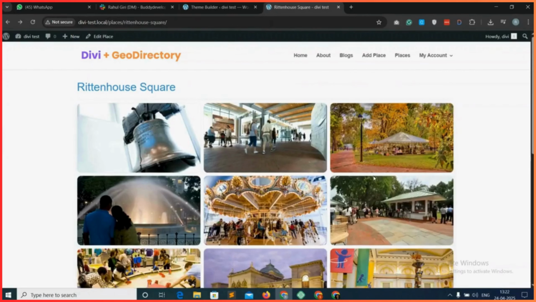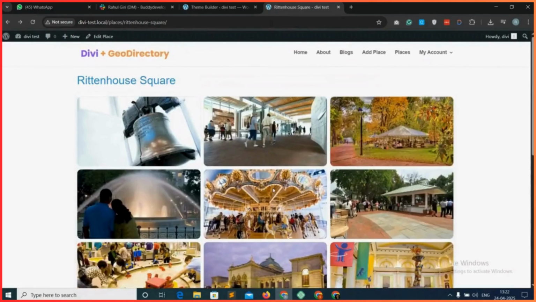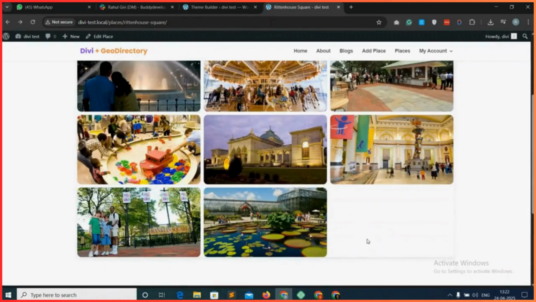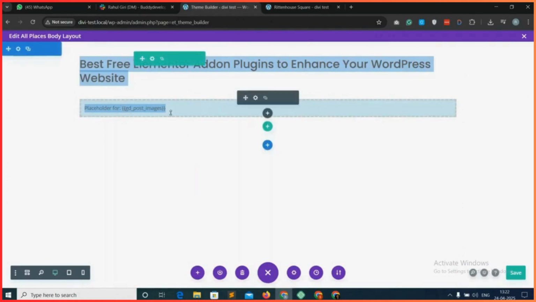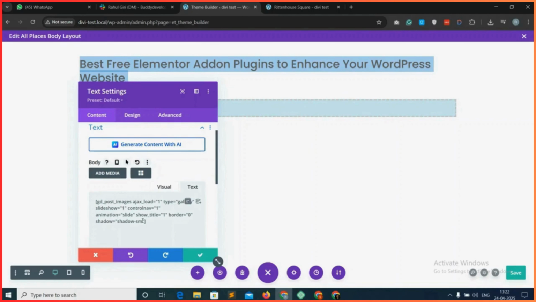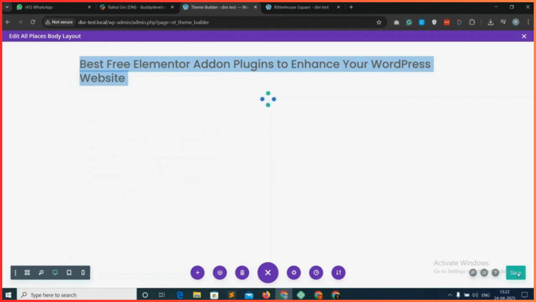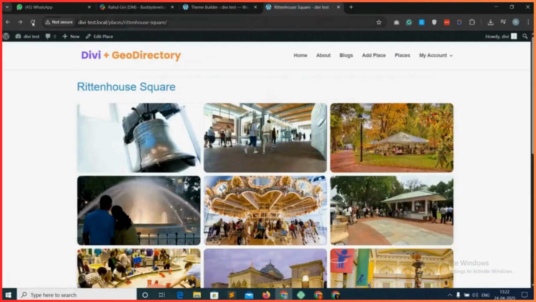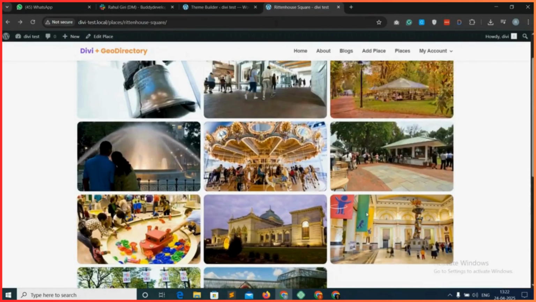So now looking like this with the gallery view. It doesn't look so good with shadow, so we will be removing it. So coming on to its settings and then we will edit shadow to none and then save it from the bottom save button again. Then coming on to the front end and then we will refresh it. So now our shadow is removed, and now below the gallery